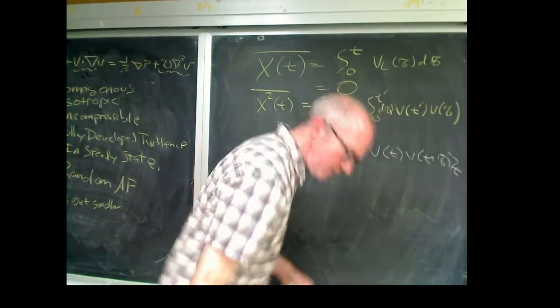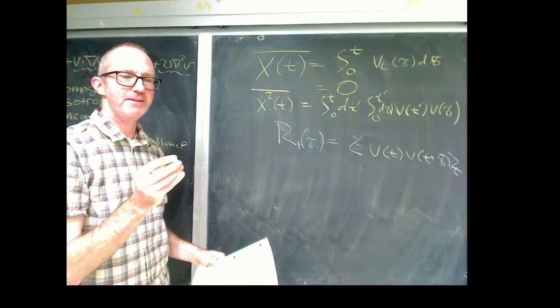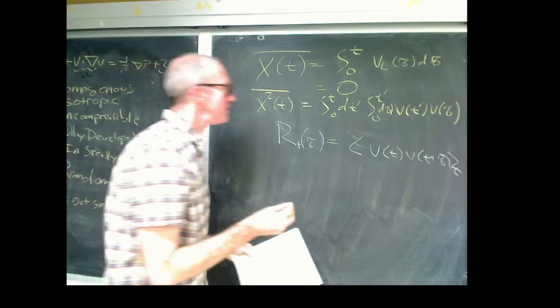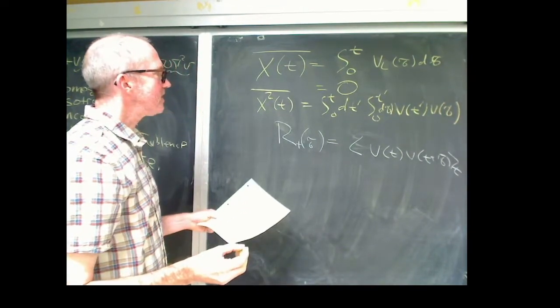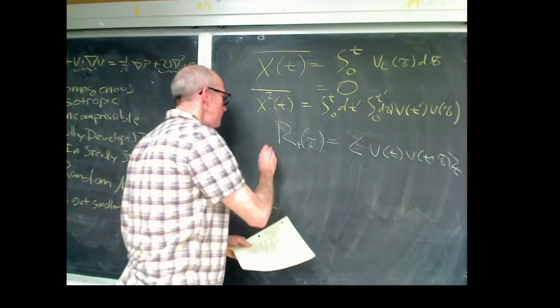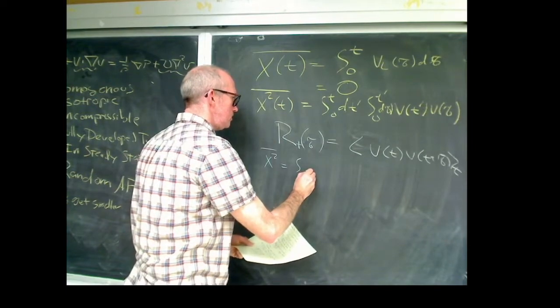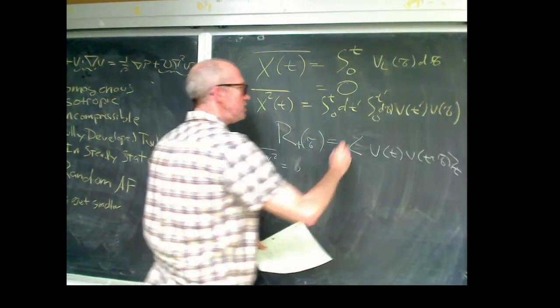Just an average over t. It's triangle shaped. So we get some correlation function as a function of time, so we can just rewrite this as x squared is equal to,